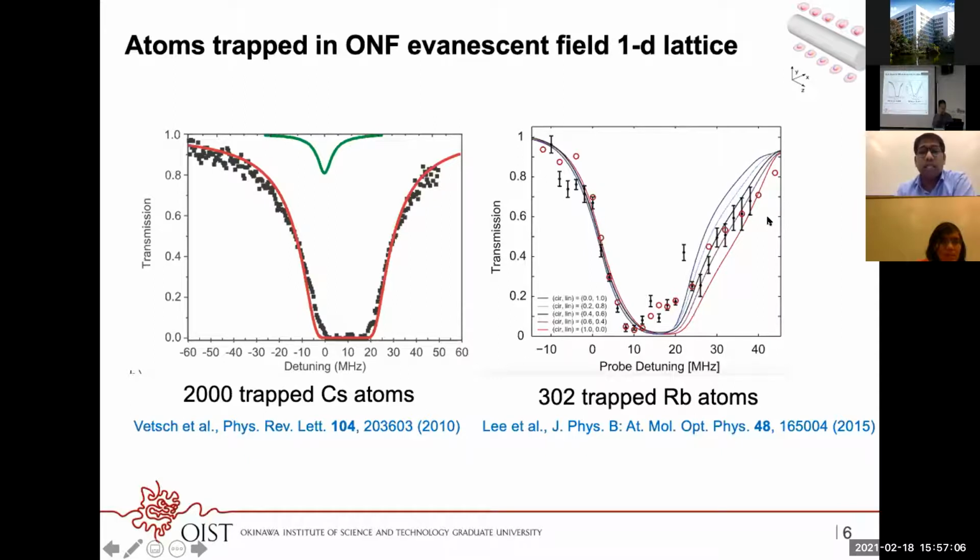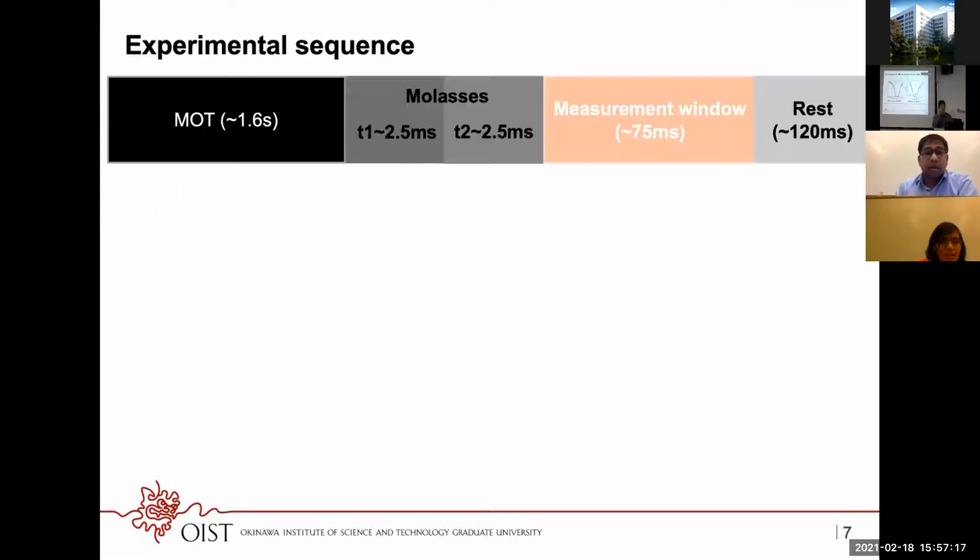So what we want to see is, in our case, can we make this better in the case of rubidium? Can we improve this number of trapped atoms using a machine learning approach? So first we get a trap, and in our experimental cycle, the schematic looks like this, where we have a 2-second cycle,